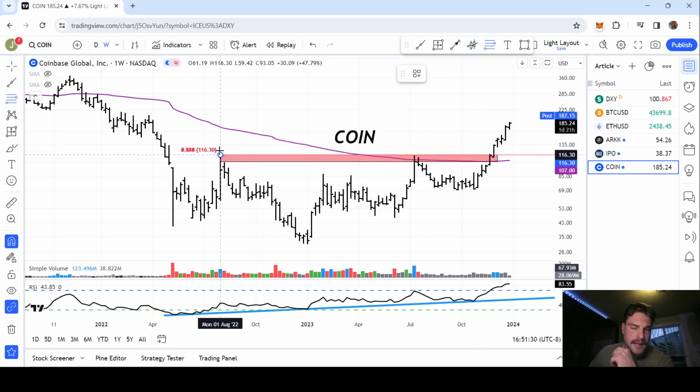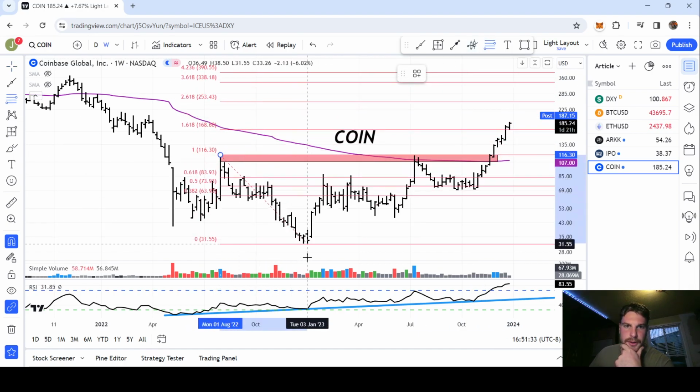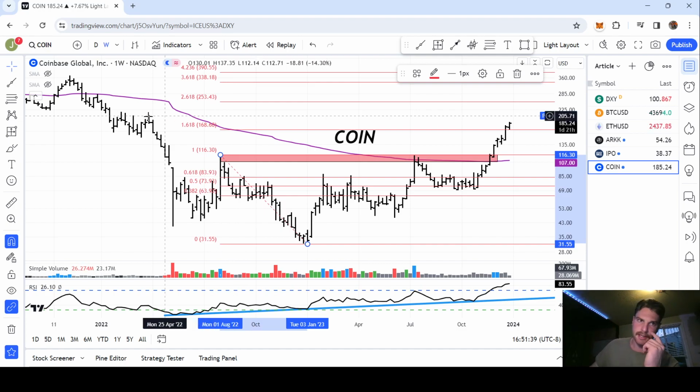This one absolutely teleported to 200 just like I thought it would. Didn't even really see any resistance at this first fib. I was using that 200 level just because that was a previous resistance here. And I imagine we're going to have to sit here for a while. This thing's at 83 RSI in the weekly, which is pretty insane.